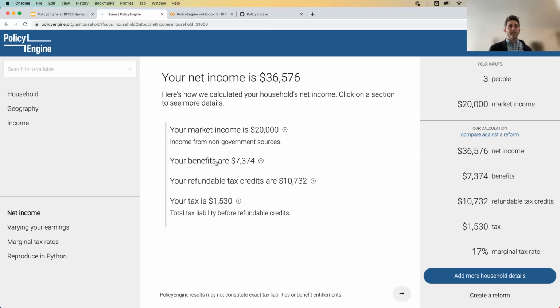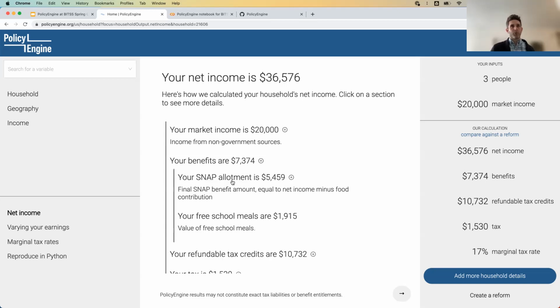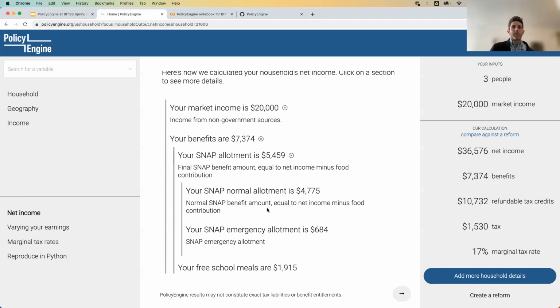So we can expand each of these to see in more detail what they are eligible for and taxes that they owe. So they're getting SNAP and also free school meals. So these are all dependent on their income, and we can actually drill in more. So SNAP is partially the standard allotment that's been in existence for several years, but also throughout the pandemic, there's been an emergency allotment, and that actually ended, well, in March. So we do model 3 months of that in accordance with us modeling the full 2023 year.